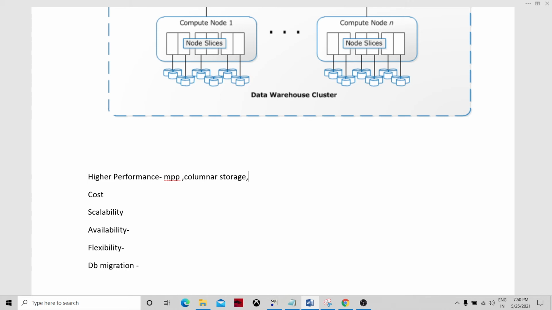When we fire an OLAP query, we are getting the aggregate based on a couple of columns, maybe two or three columns. So we are going to hit one or two columns, but all the rows vertically. Therefore the service is much faster, because all the data of a particular column is stored in the same place. And the second benefit of columnar storage is compression,